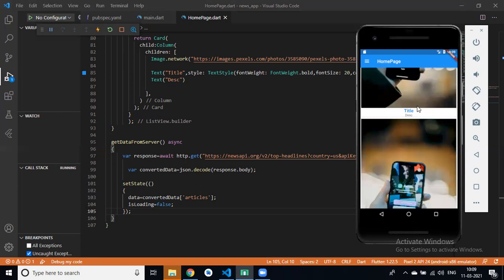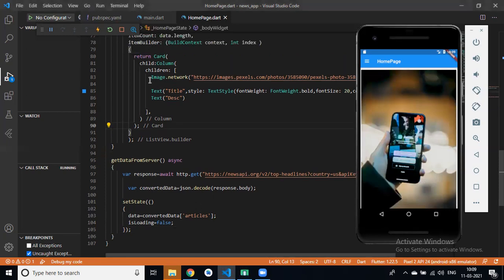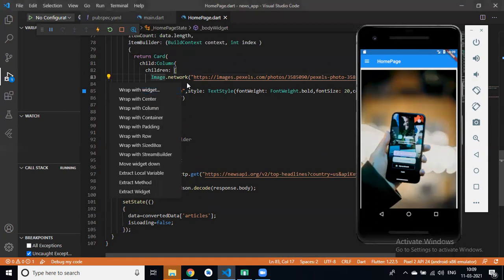But we haven't defined the size of our network image, so it automatically takes full screen by default. You can say image size. If I wrap this widget into a container, then we can give size.